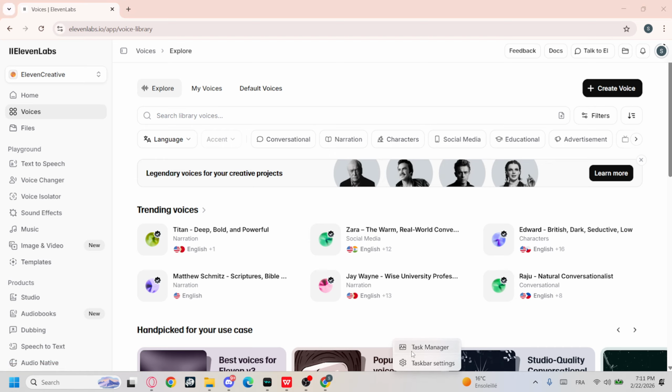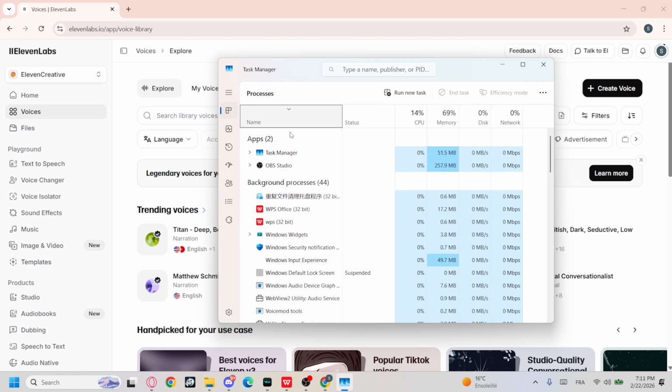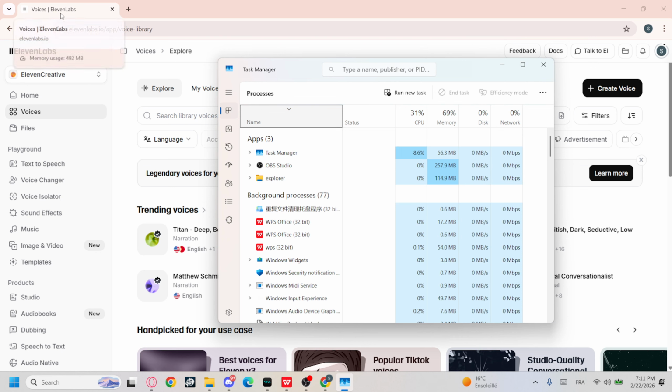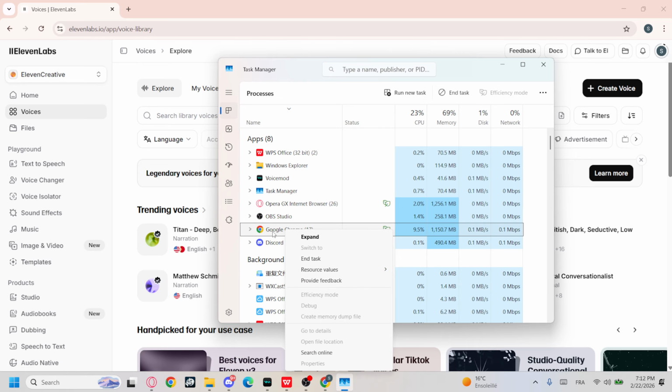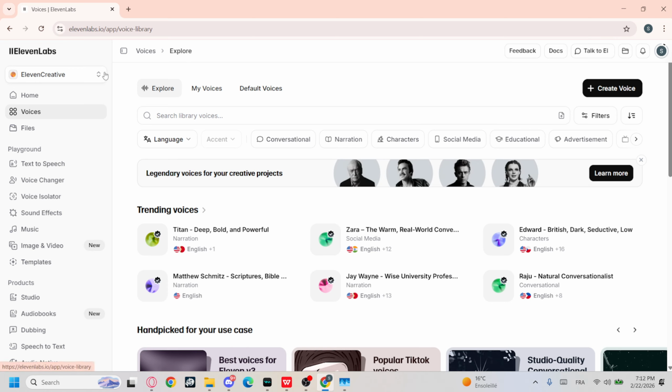And how so? You will need just to right click on the taskbar and then click on Task Manager. And right now I'm using ElevenLabs on Google Chrome. So what I'm going to do is right click on Google Chrome and then go with End Task. And after that, you will need to reopen Google Chrome, go to ElevenLabs.io, and then just log into your